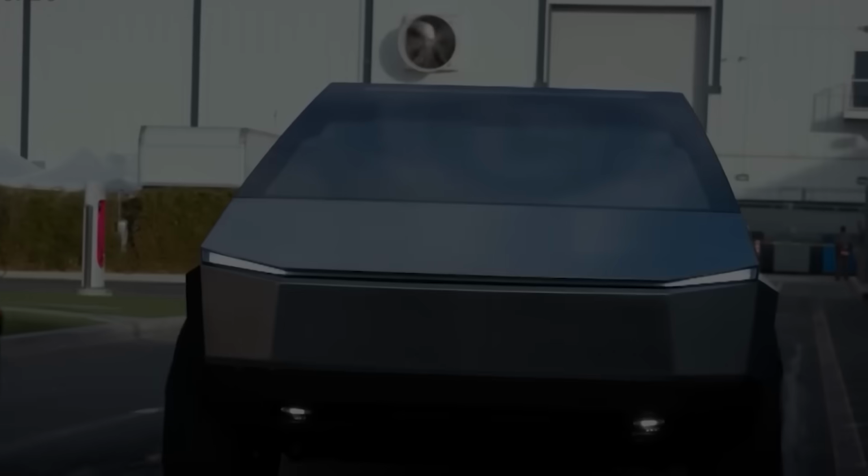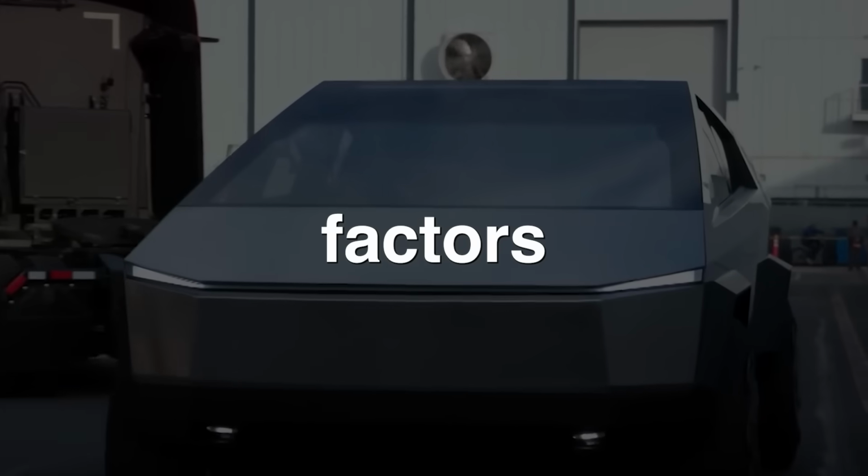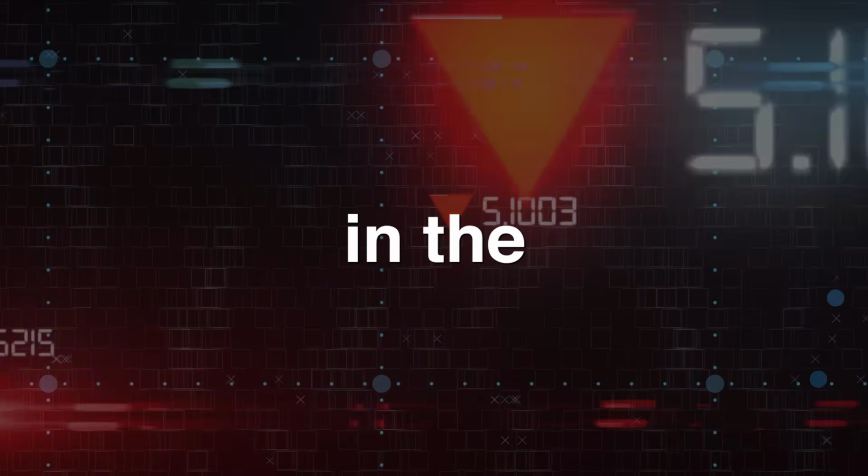The design, while it's pretty polarizing, may win some customers who like the different design versus classic trucks. But then the performance specs, I think Tesla really wanted to make sure that they were leading the pack as far as the fast acceleration and the heavy towing that can really win the case that this is a truck worth buying. Aside from Cybertruck, though, there's a few other factors that could influence Tesla's stock price in the future,